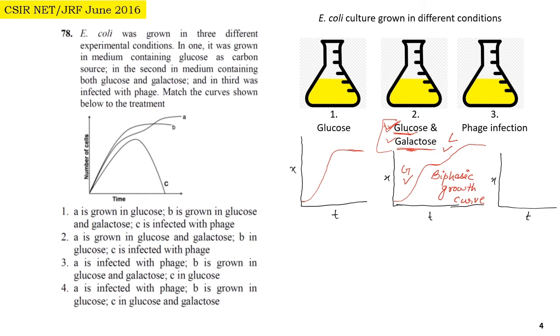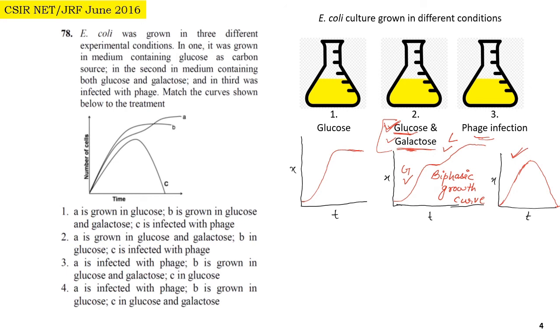Now coming to the third option, when phage enter the bacterial cell, they start multiplying. So initially the bacterial cells will be growing, and in them phages will also be growing. Now after some time, when the progeny are in enough number, they will lyse the bacterial cell and be released. So in that case, the bacterial cell number will suddenly decrease and become 0, as all the bacterial cells will be ruptured by the bacteriophages. So this kind of growth curve will be seen in case 3.